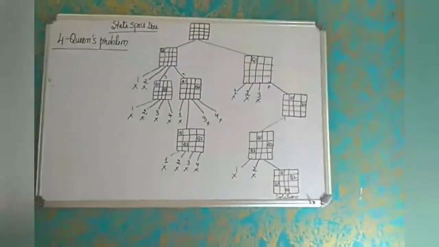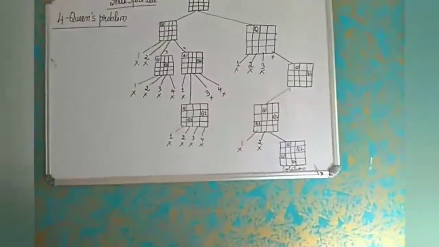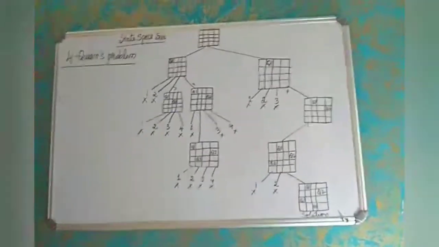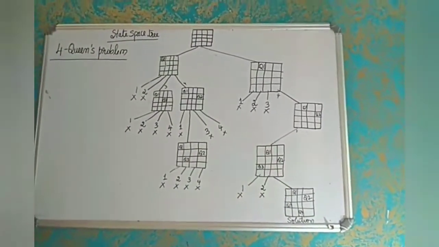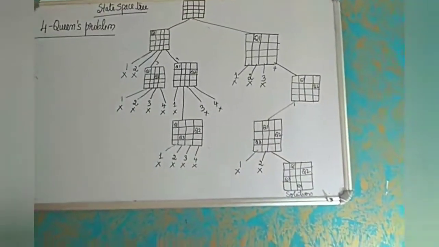As I told, in the backtracking method we can have more than one solution as well. We have to find the next solution. Now, how do you find the next solution? I'm not going to construct the next solution here, that I'm leaving to you. You have to continue the graph, but I'll tell you how to do that.